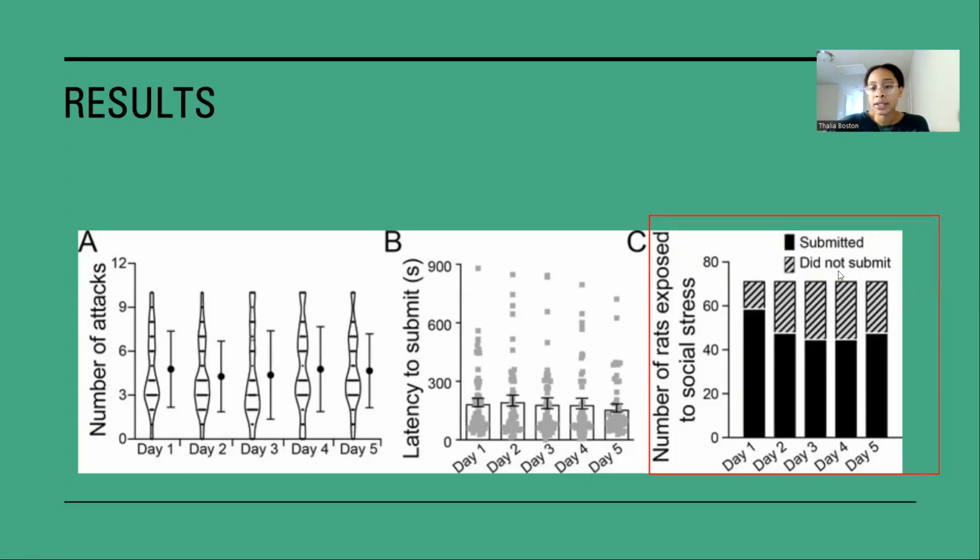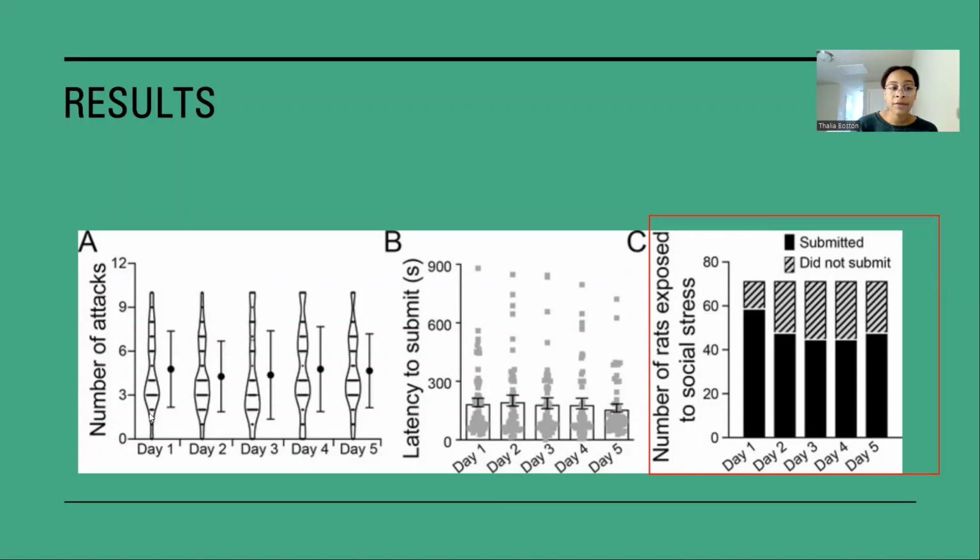But I wanted to point this graph out specifically because I wanted to show that there were rats that didn't submit, because you would think that all of them would just give up, which shows that some of the Long Evans rats are more stubborn than the others, and they are up for a fight, so they are not susceptible to anxious behavior. So because those rats didn't submit, they didn't use them for the behavioral test, which is also something I wanted to make known. They only used the rats that submitted due to the social defeat stress to take results and data from. And these 2 graphs don't really show anything about anxious behavior.